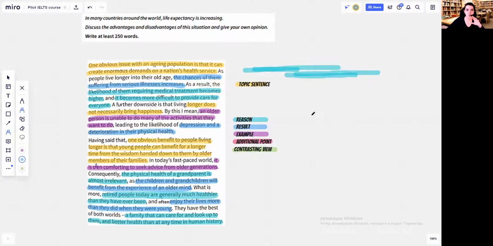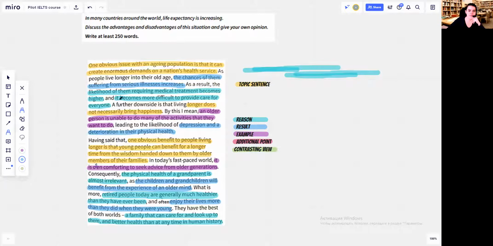And what happens between these phrases is basically linkers. Of course, linkers have to be very fitting to the function. For example, leading to is an example of a result linker. By this I mean is clarification, or in this case, an example. As a result is a linker of result. And